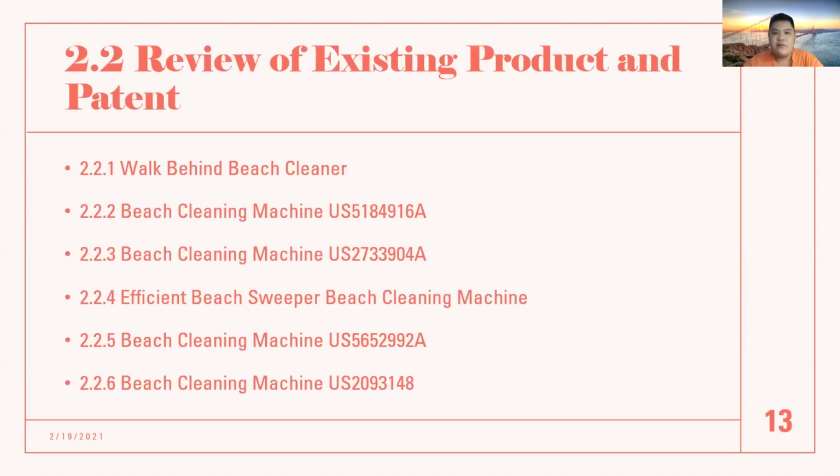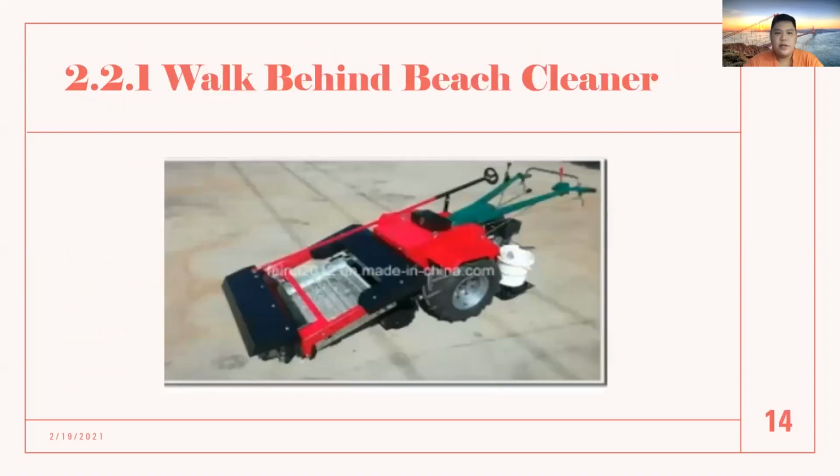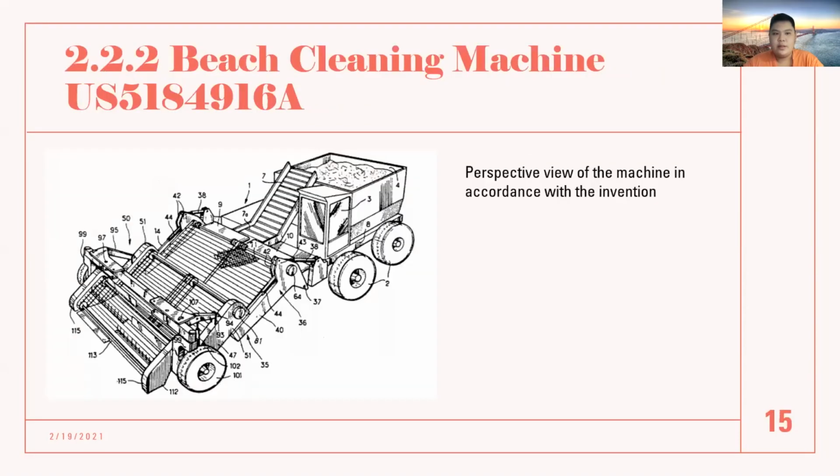Next is the review of existing product and patent. And these are the patents and existing products that my team member and I have found. The first one is the walk-behind beach cleaner, as shown in the diagram. Next is the beach cleaner machine under US patent US